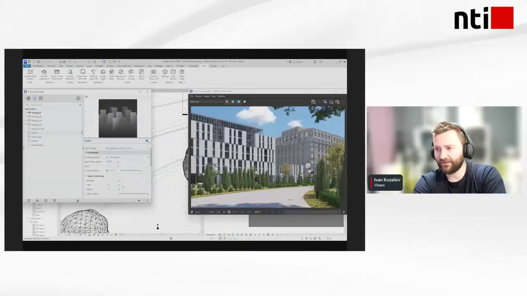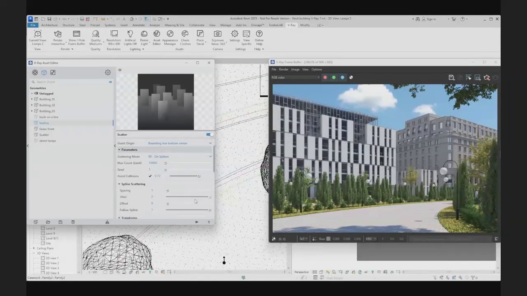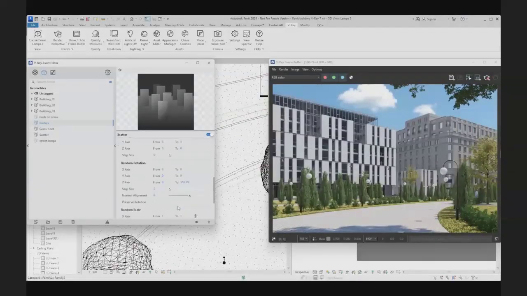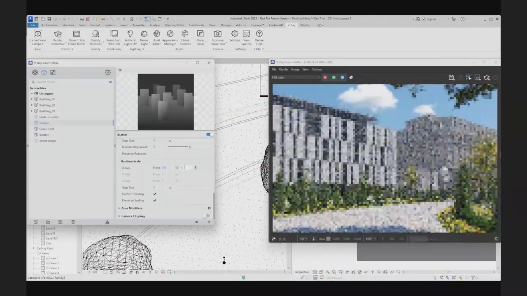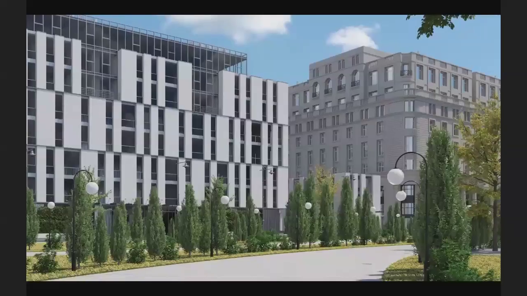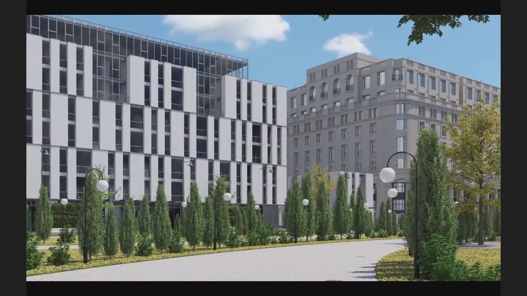But in those cases, you will notice that they're kind of repetitive. They're almost the same. And in the real world, we don't have such a perfect distribution. So we can randomize them really easily and really fast in different ways. They were too perfect, so we've used a new option called randomization and transformation. So we've randomized the scale of each of them as well as the rotation. One of them can be rotated by 30 degrees, the other one by 60, and the scale will be different for each of them. And thus we can have that diversity.